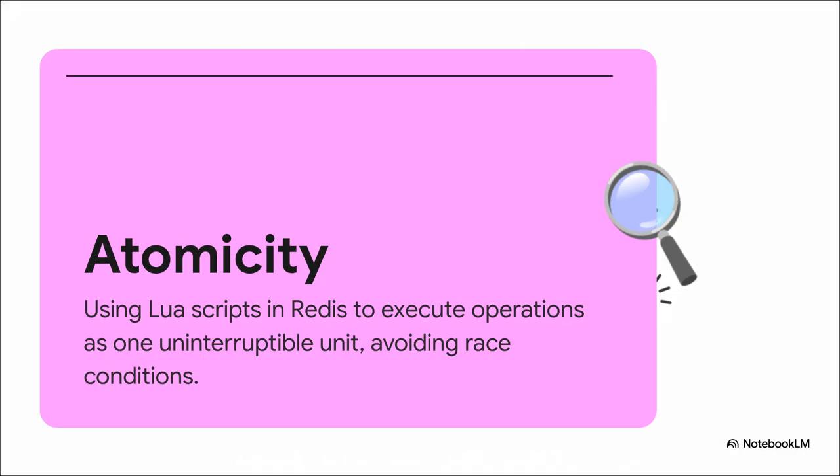And this is where the real magic is. It's a concept called atomicity. See, when you have thousands of requests hitting at the exact same millisecond, you can have a big problem called a race condition. It's like 2 people trying to get through a door at the same time. They both see an open spot, they both go for it, and then they both get stuck. In our world, 2 requests might see there's 1 token left. They both grab it, and now you've let too many people in. The Lua script is our secret sauce here. It tells Redis, hey, when you check the token count and take a token away, do it as one single, uninterruptible move. Don't let anything else happen in between. It's what makes the whole thing foolproof.